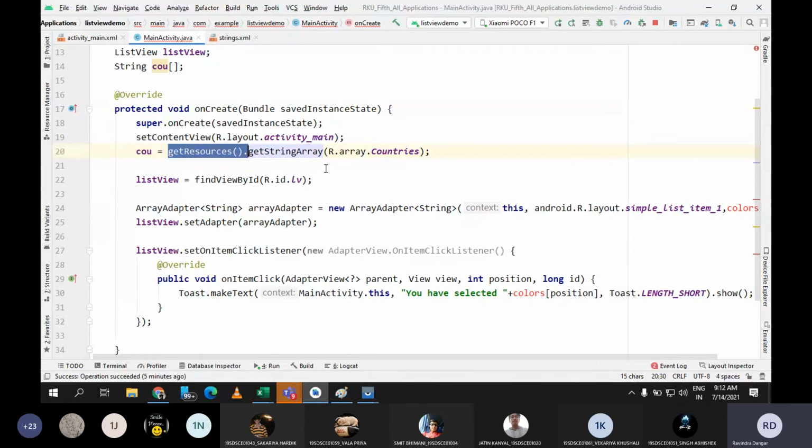Now inside the resources I am going to get the string array. So to access any string array from string.xml, the method is get string array, and then you give the correct location of that array. Name of the array is countries, which is defined in arrays inside R. So R dot array dot countries, and now I can pass this COU everywhere.